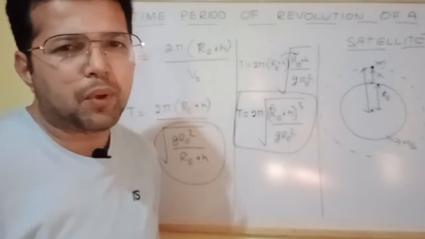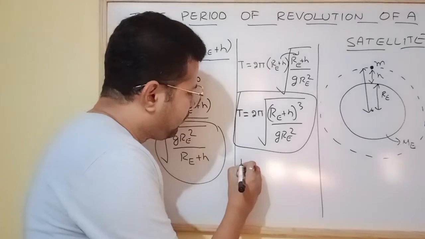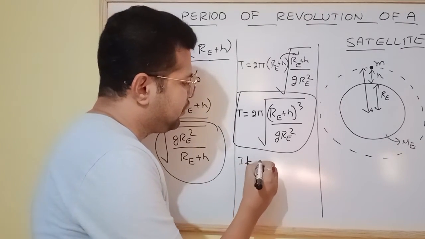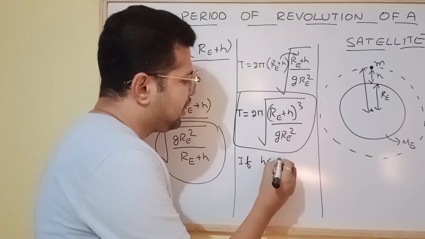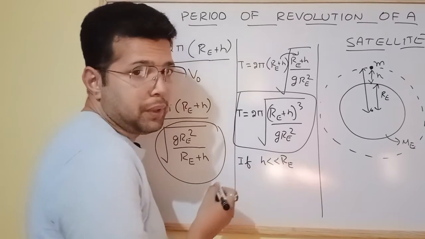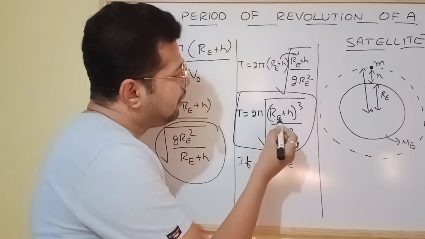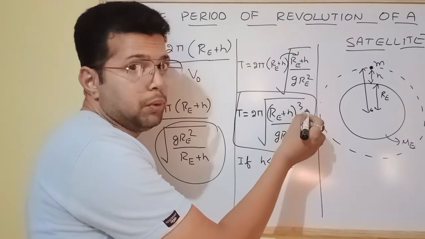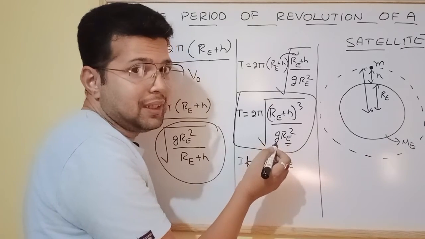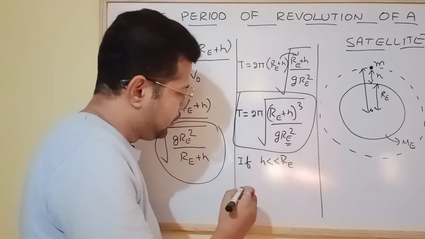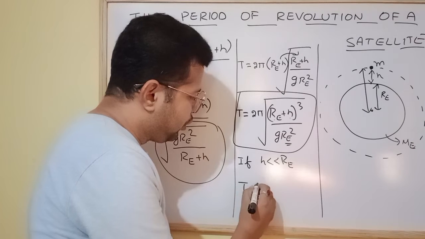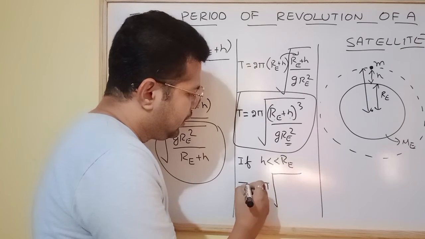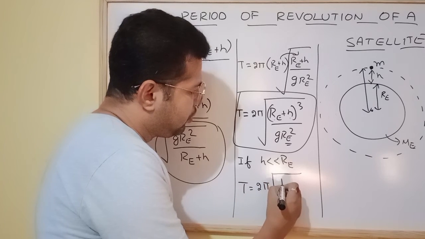Now we can do some small approximation. If the satellite is very close to the Earth's surface, then the height of the satellite is very small compared to Re. Then Re plus h will be approximately equal to Re itself. Re cube divided by Re square, that Re square gets cancelled. So we get the time period of revolution for a satellite which is very close to the Earth's surface: T is equal to 2 pi into the square root of